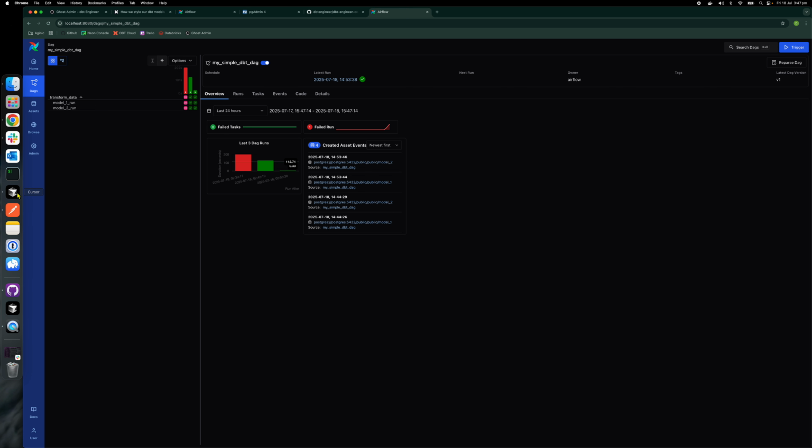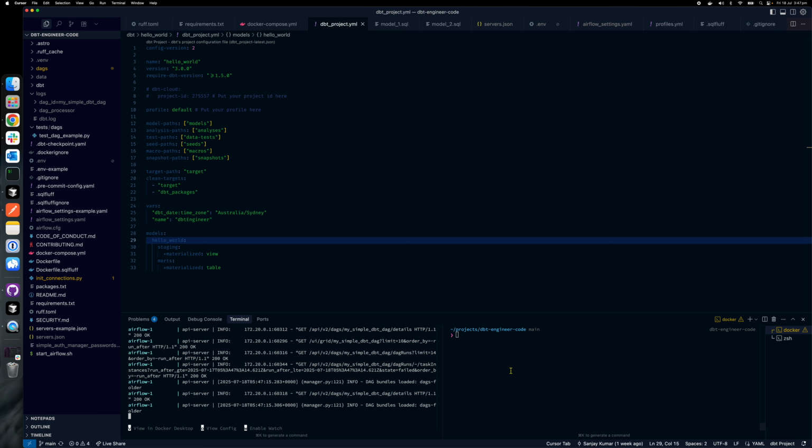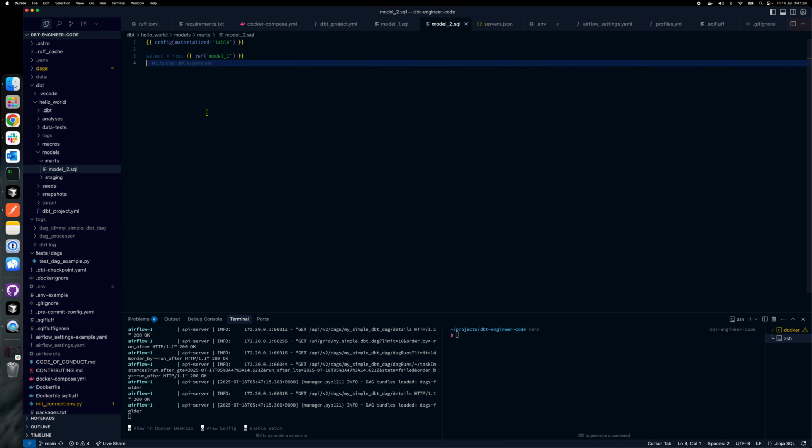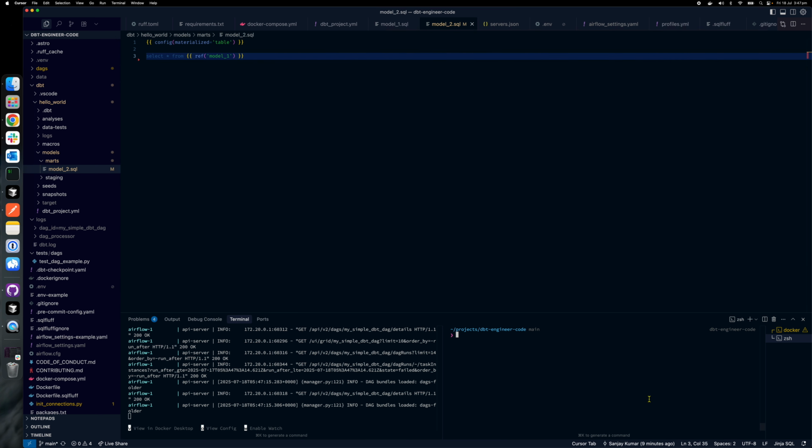The way this works is you can make any change. For example, if I go to the DBT folder and make a change to the SQL files, let's say I just remove the empty space here, and then I do Docker Compose up